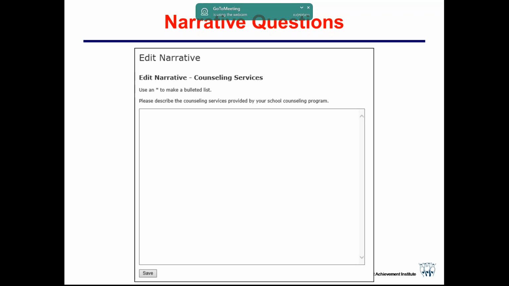So when the text box comes up, you would just type a sentence or two. I would not write paragraphs and paragraphs about all of your counseling programs. Just very simple one, two, three sentences, and just describe what you do in terms of your personal social counseling.